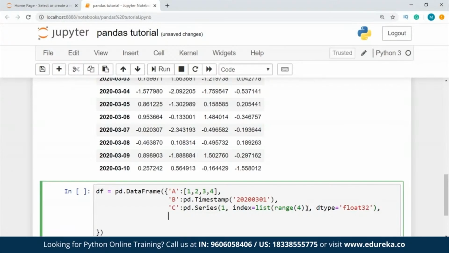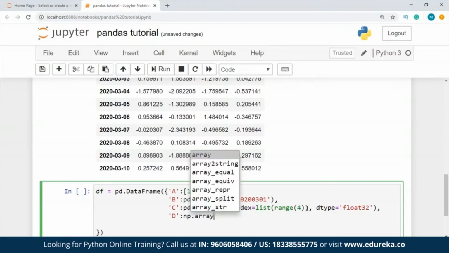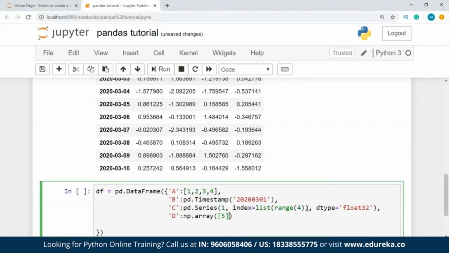All right, after this I provide my next value, which is D. Now for D I'm going to use a numpy array, and for this I'm going to pass a value, let's say not 3, let's say 5 multiplied by 4, and let's take the dtype is equal to int32. Yes. All right, now I take my final value, which is going to be E, and inside this I'm going to pass a